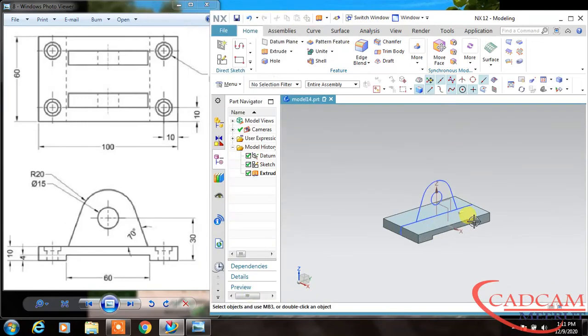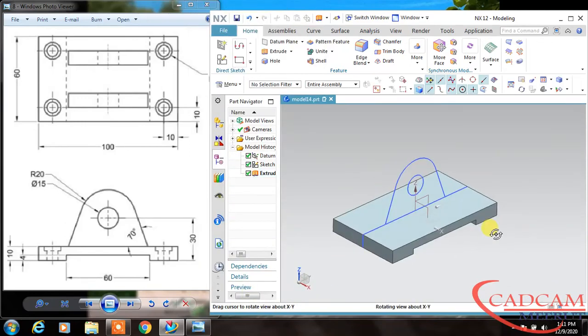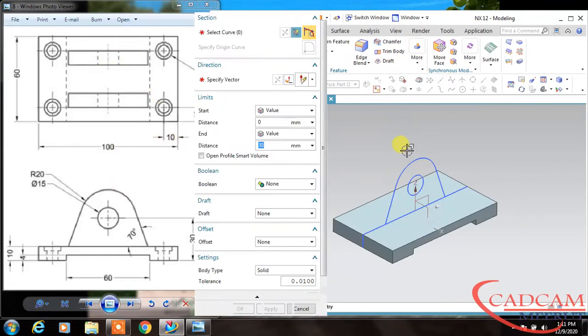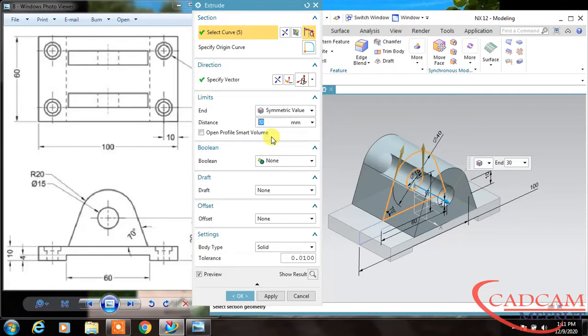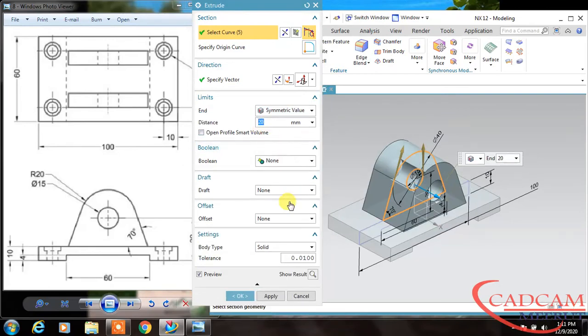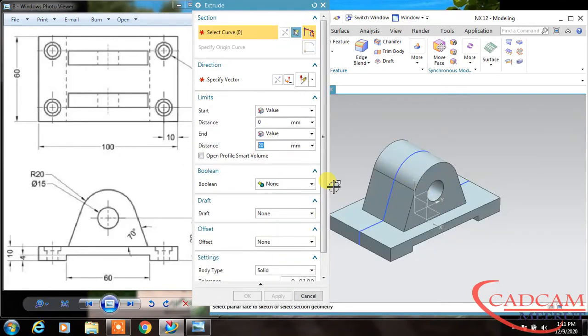It will extrude 30 in both directions, and this total is 10 and 10, 20. So this total extrude depth is 40. So extrude this upper one with this circle and change it to symmetric value, and this is 20. Apply.